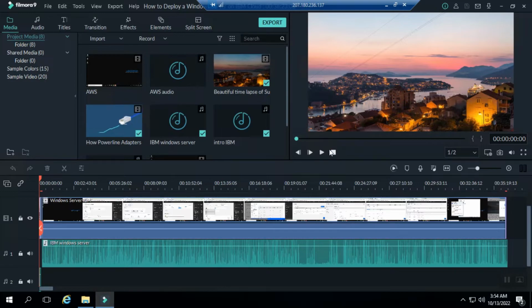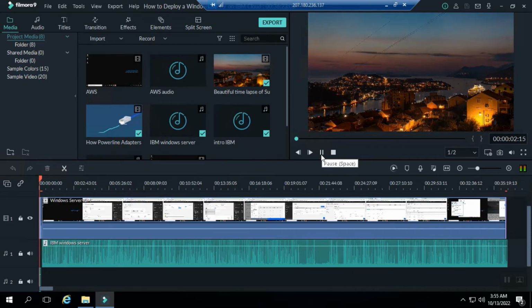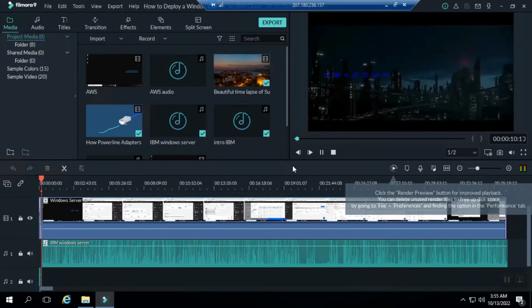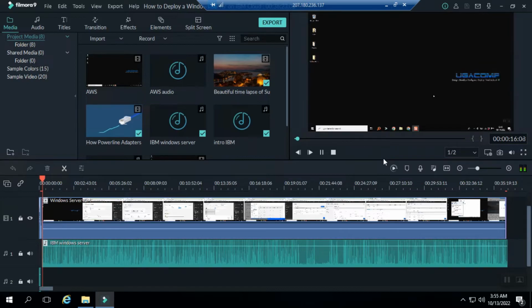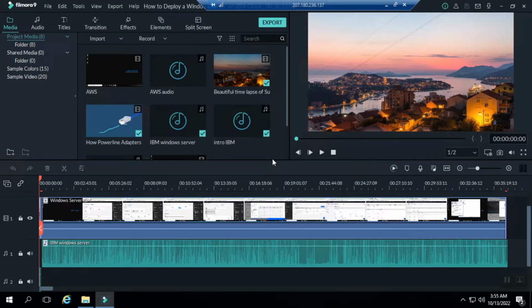Let me try to run it. Filmora is actually very okay. You see, the preview is okay. It's actually very normal. It's very interesting. You can edit anything you want using Filmora on Contabo, and you'll be wondering why would you